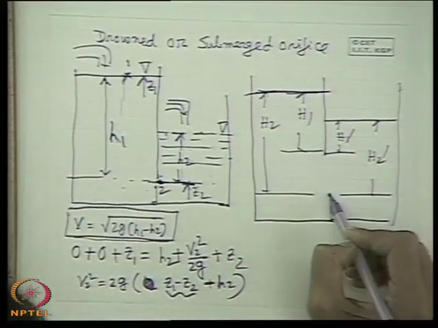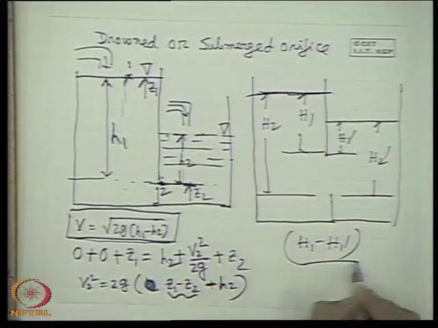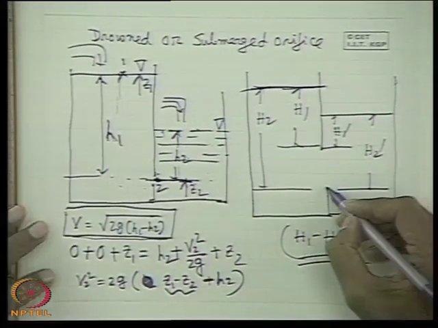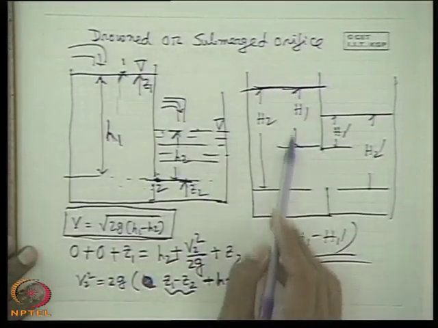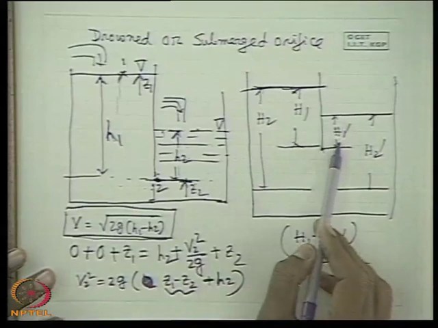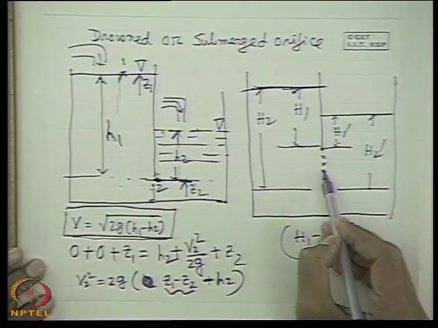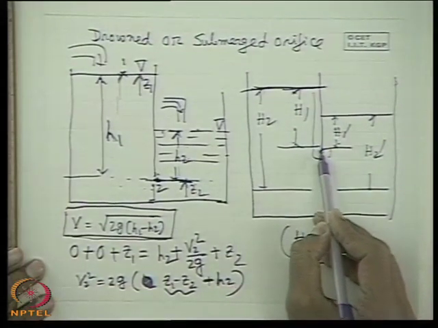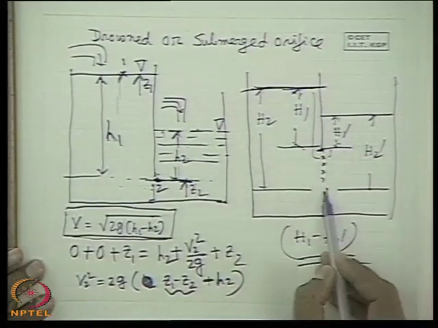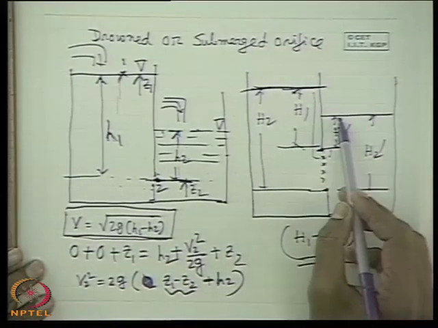So the entire orifice is under an effective head of h1 minus h1 dash. Can you recognize it? Because this large orifice can be considered similar to a small orifice under an effective head h1 minus h1 dash. Why? Because here what happens, when the head varies point to point, whatever is added from this side is also added from this side. For example, at this point, what is the effective head causing the flow? h1 minus h1 dash. What is the effective head causing the flow? h2 minus h2 dash, that is h1 minus h1 dash.